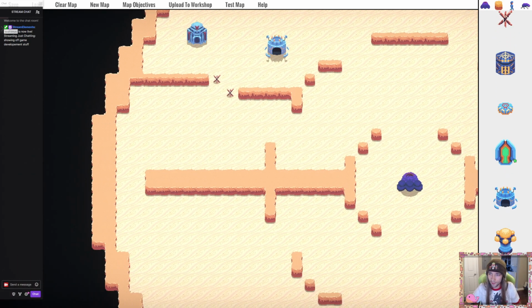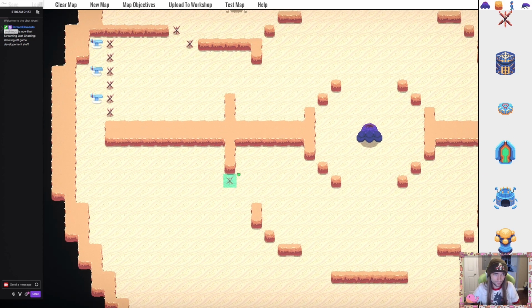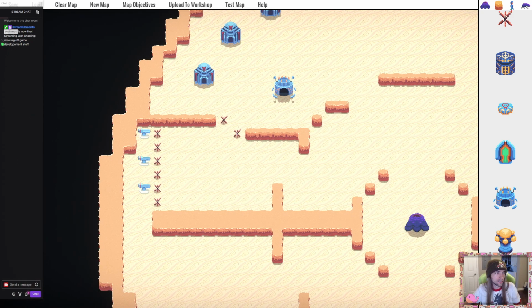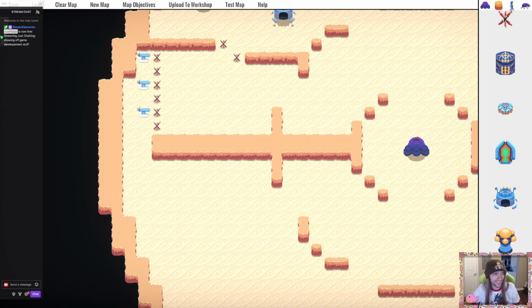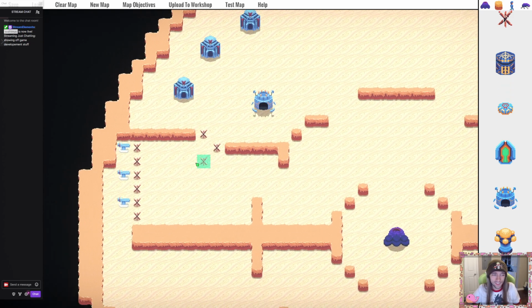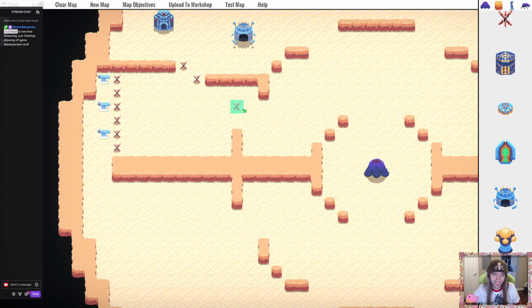And then, oh, you know what we could do actually? Just have a wall of turrets, like that. I think the map objective, we might just make this survive 10 minutes. I am become Buggos. Interestingly, it doesn't actually clear that out. So, okay, if we're gonna make this survive 10 minutes, then...